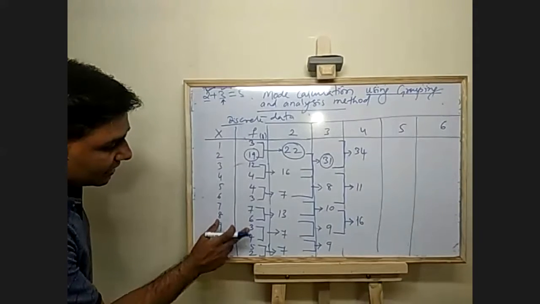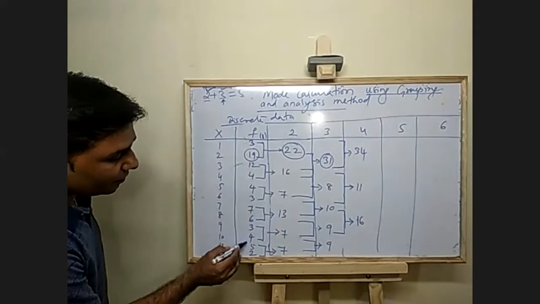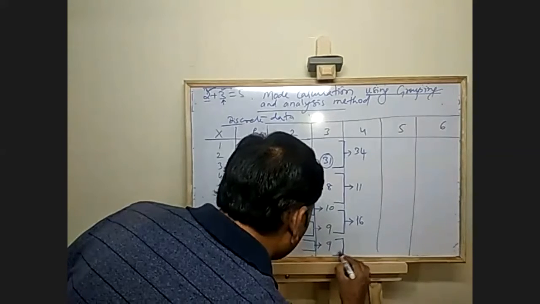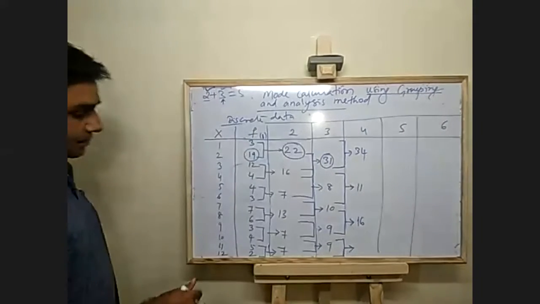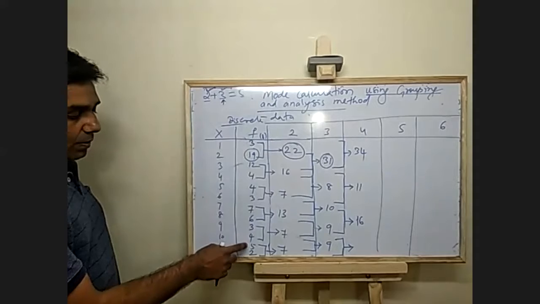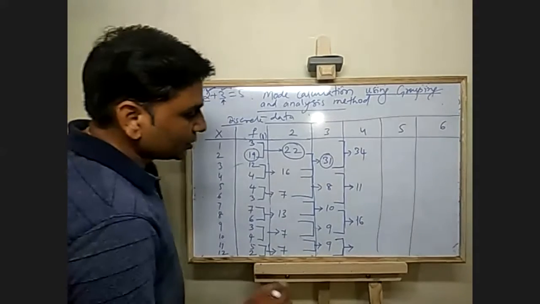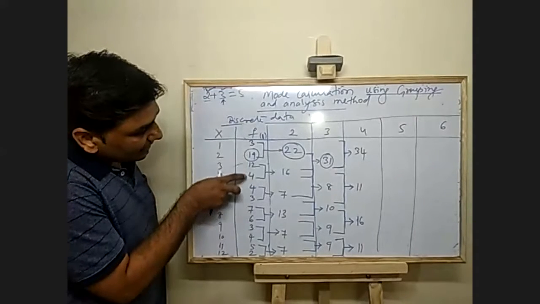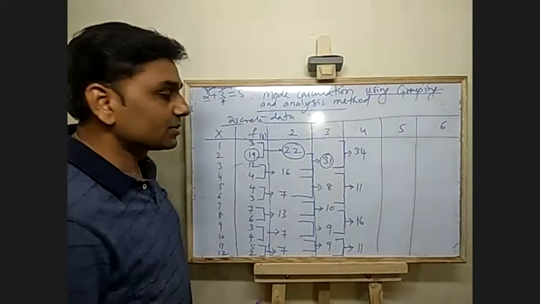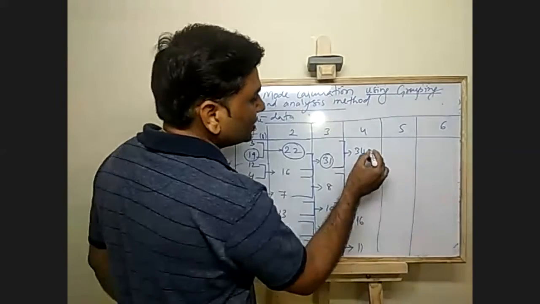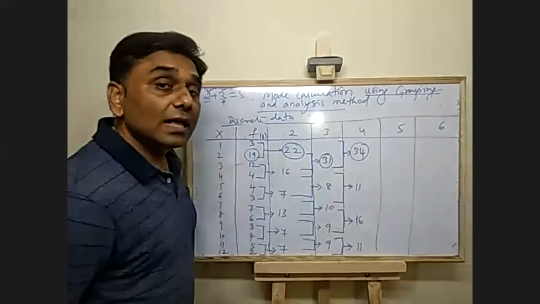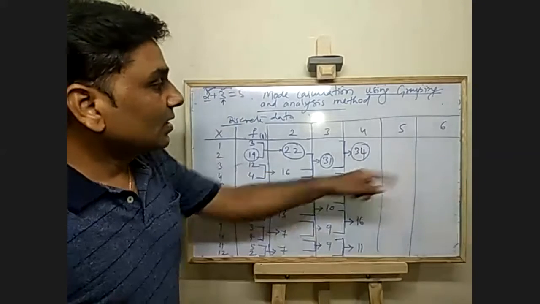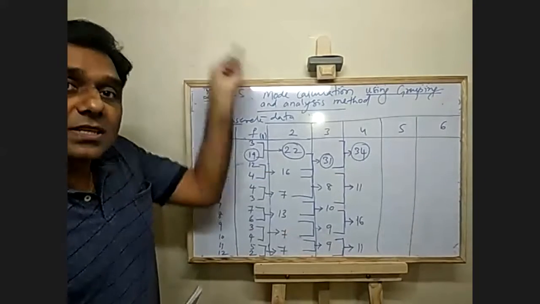Next, till here, 3 is done. Last 3 numbers are 4, 5, 2. How much is it? 4 plus 5, 9. 9 plus 2, 11. What we did? Pair of 3, 3, 3, 3. Here we have calculated sum of 3, 3 numbers. Highest frequency here is 34. Come to the next. Here, what you have to do? You have to leave the first number.